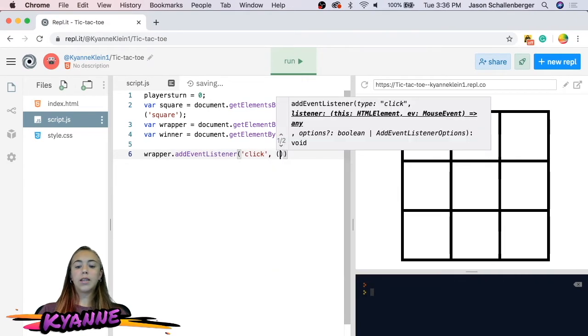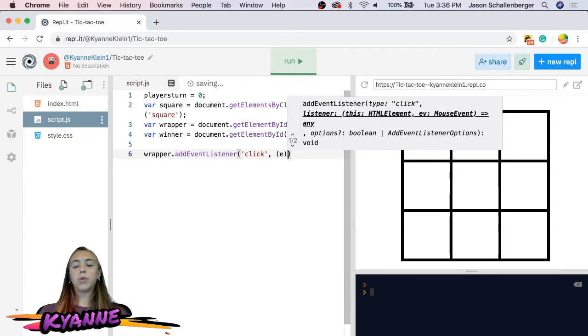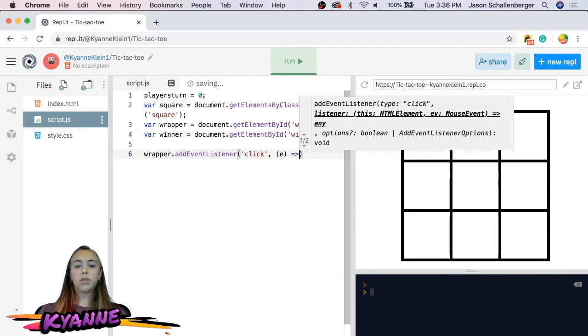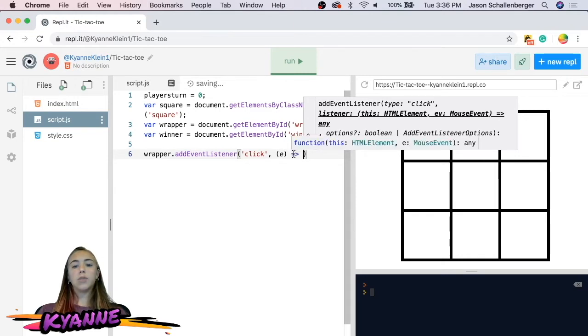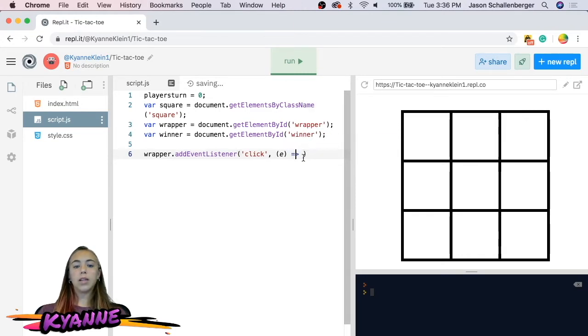And we're going to be passing in an event because we want to get what's being clicked on. And we're making it a function. This just makes it a function. If you say equal sign and then greater than sign, it's called a hash rocket, but it just makes it into a function. So for this,